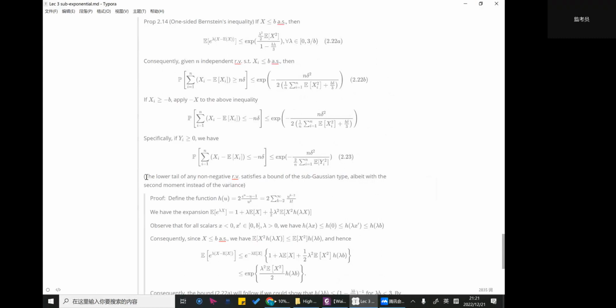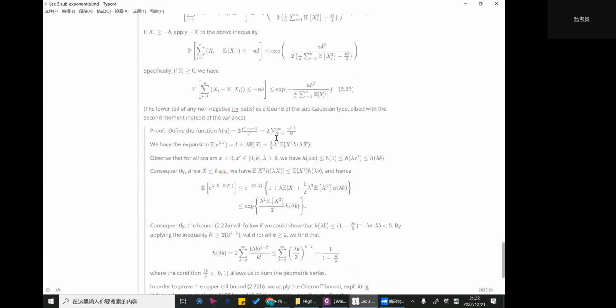So here it says that the lower tail of any non-negative random variable satisfies a bound that is of sub-Gaussian type, of course, but albeit with the second moment instead of the variance. Here we write the second moment, but in the sub-Gaussian type, here is the sigma squared, the variance. Here is the second moment for this non-negative random variable. So the proof,